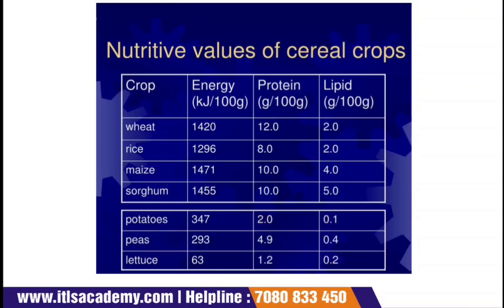Now, talking about potatoes, peas, and lettuce, since ages we know that potatoes are good in carbs, but comparatively they are low in proteins and very low in lipids. Similar is the case with peas, they are good in carbs and again lesser in protein and lipids. Lettuce again is rich in energy but lacks proteins and lipids. So that is the definition that we discussed in slide 1 in the introduction part, that cereals are rich in carbohydrates but lack proteins and vitamins.